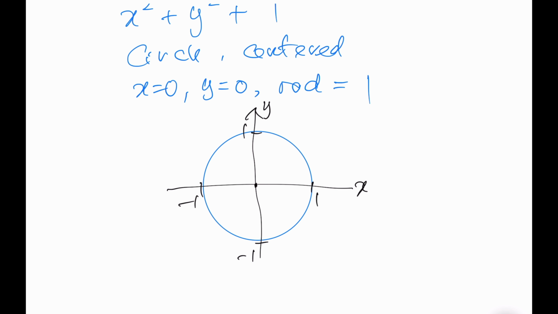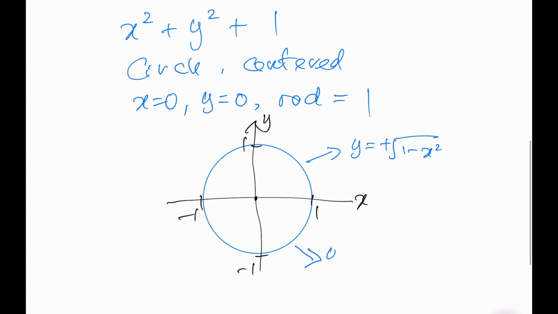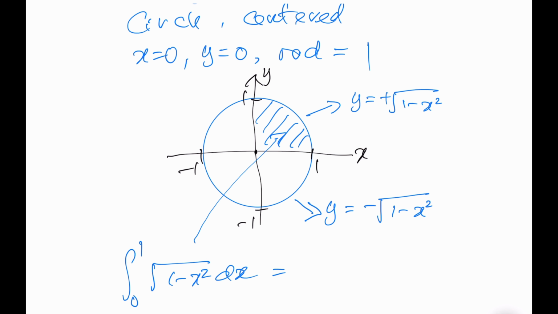Okay, there are two parts of the circle. The one at the top is actually represented by the equation we just derived, and the one at the bottom is actually the negative of the equation that we just derived. So the integration of this part over dx between 0 to 1 obviously is the area under the graph, which is a quarter